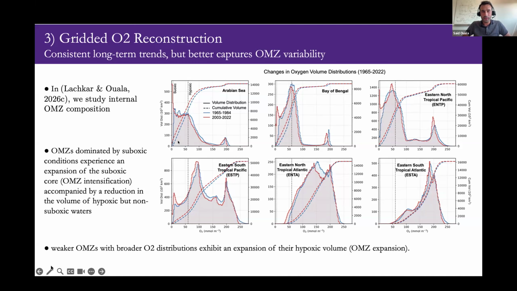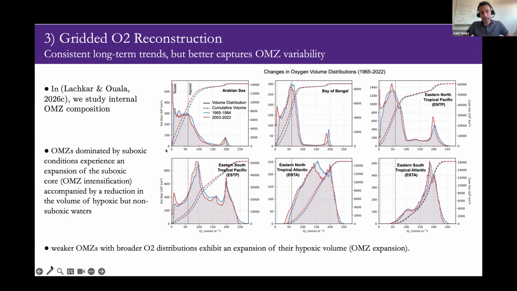And what we were able to show is that for oxygen minimum zones that are dominated by suboxic conditions, so basically the intense oxygen minimum zones that do have a suboxic core, the core of the oxygen minimum zone has a very small concentration, smaller than things like 10 to 5 micromole per kilo. So for those very intense oxygen minimum zones in the Arabian Sea and Bay of Bengal, for example, the ones